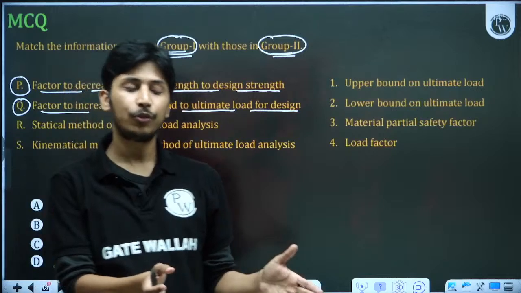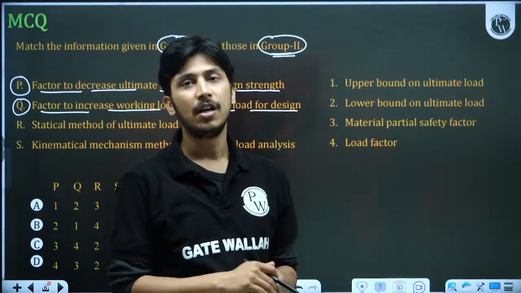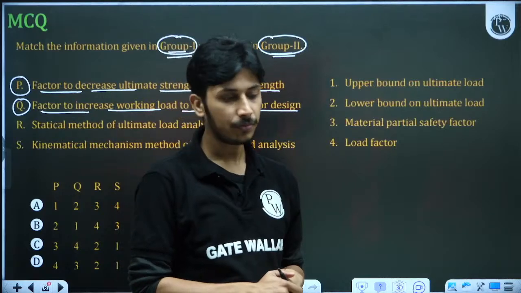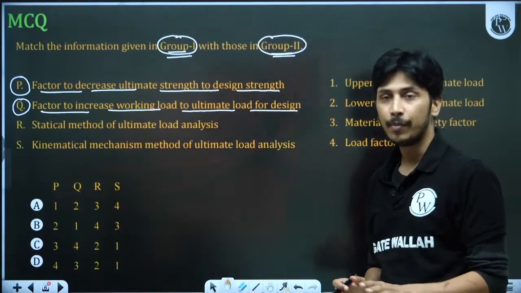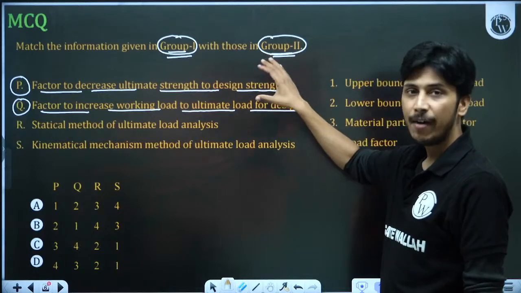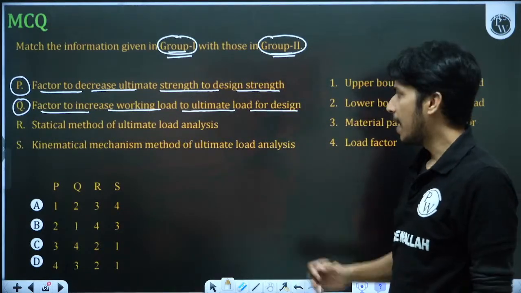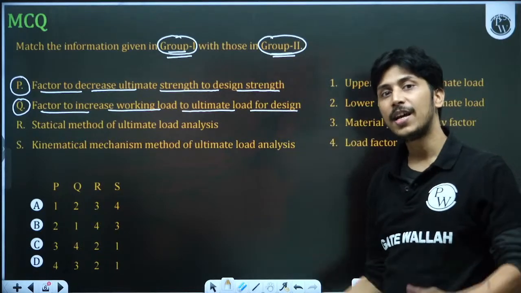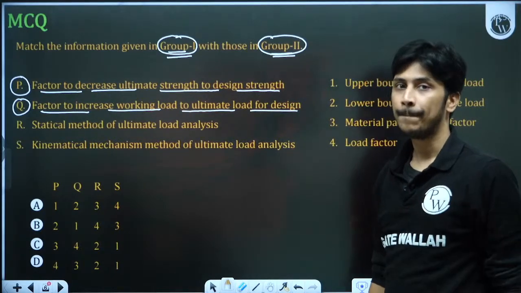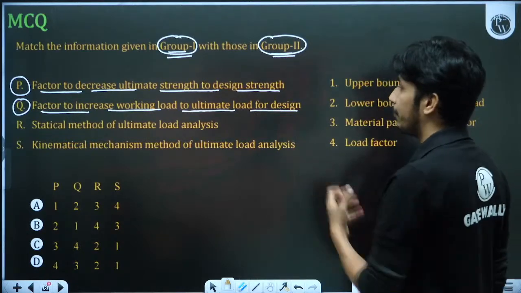Because in 2024 in the ESE exam, they asked a lot of things with respect to the American code. These things have started being asked in the GATE exams too. I think this question is of 2008 or 2009. So after 15 years, they have asked the same thing in the ESE. That is why I am saying do the analysis. You must know the relation between them.